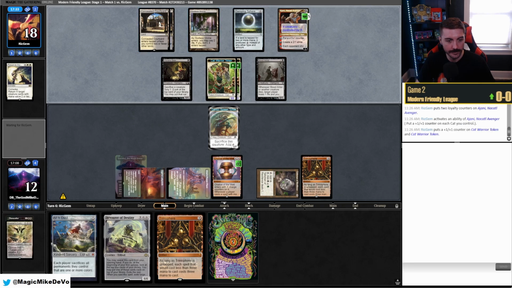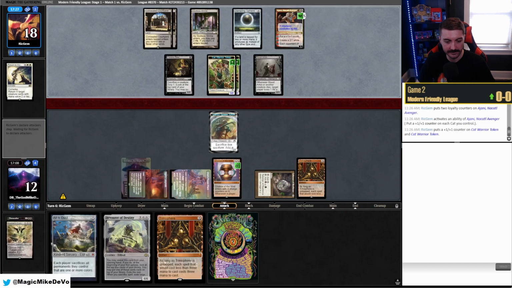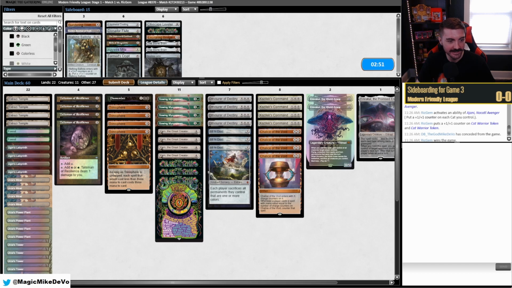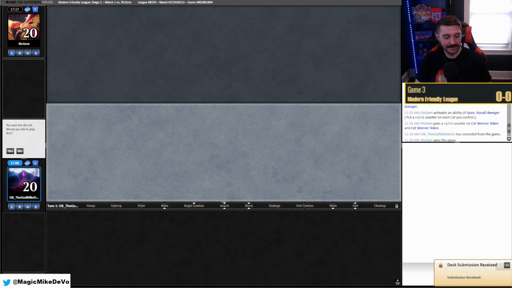We'll see what they play. Oh, they pump the cats. Yeah, I'm just going to scoop. They can't. Oh no. Do they have a Johnny? Does that change anything? I don't think so. They're not really a graveyard deck, so I guess we just got to keep better hands